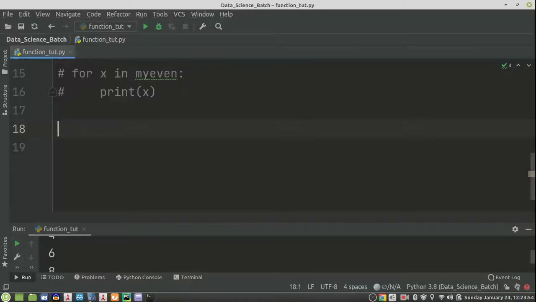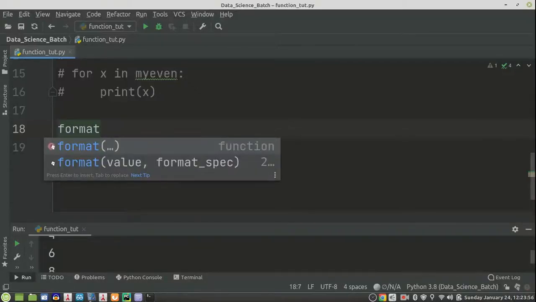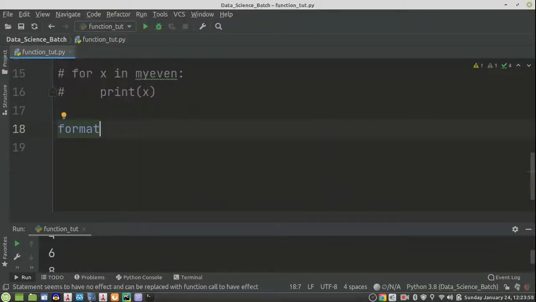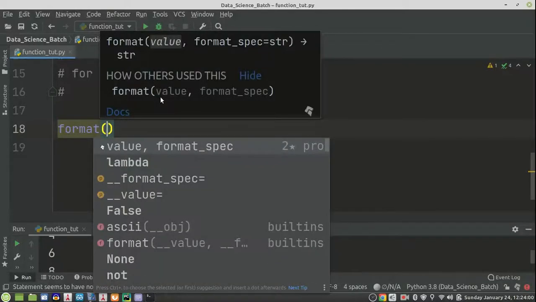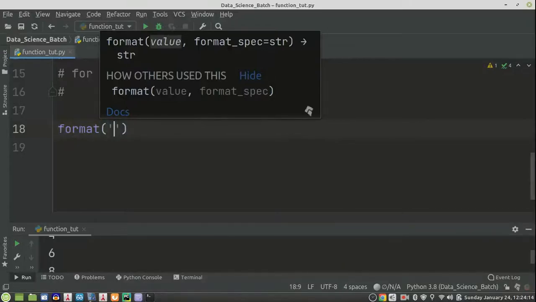And the syntax of format is format, now see, value and format specifier. Here you can see the suggestion by PyCharm: format, value, comma, format specification. Now I'll show you how it works.